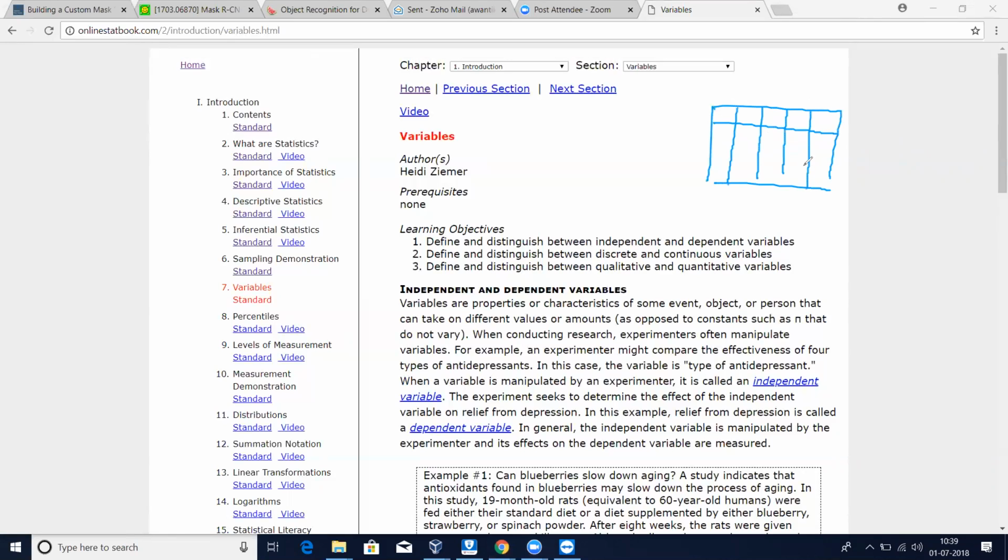Like if you imagine house price data, we have seen house price data, right? So your last column is the price, isn't it? And here there are square footage and different columns. If you say this price is dependent on all the other things, all these column names are known as variables. The column which is dependent on other columns is known as the dependent variable, like this price column.